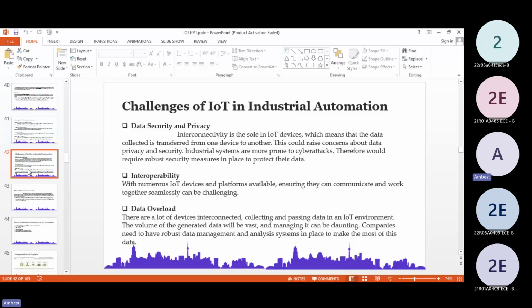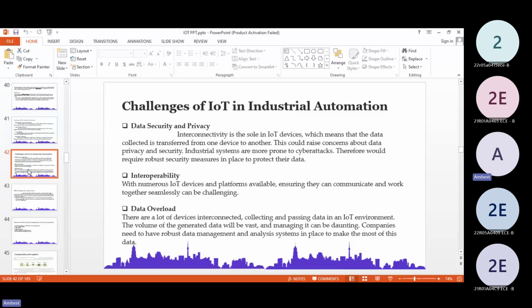So to avoid those kinds of issues, they require security and privacy. If there is any insecurity in the online data, the system becomes exposed to cyber attacks. Therefore, they require robust system security measures to be put in place to protect that data.